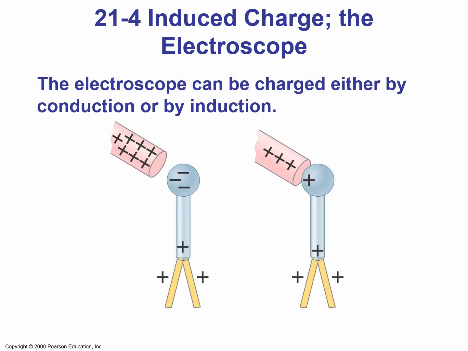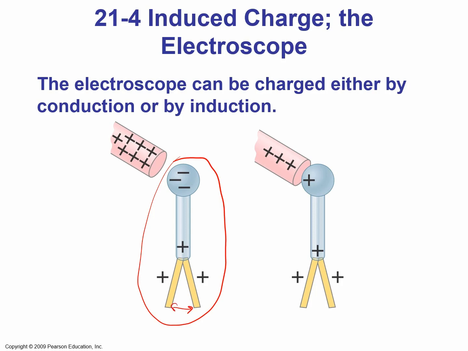Here in this slide we demonstrate how an electroscope works. The electroscope can be charged either by conduction or by induction. On the left, we are inducing charges by getting close, for example, with a positively charged rod. The electroscope is a metallic structure. As we can see, we will have induced negative charges on the top head of the electroscope, but we will have positively charged particles on the gold leaves. And because the gold leaves are positively charged, the two sides of the leaves will be repelled from each other